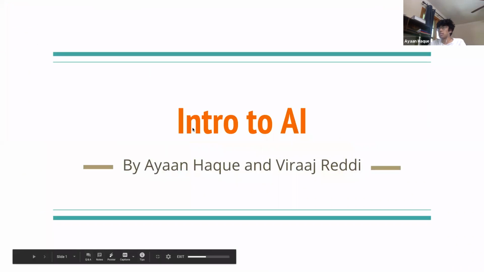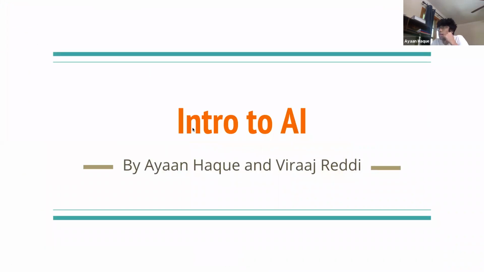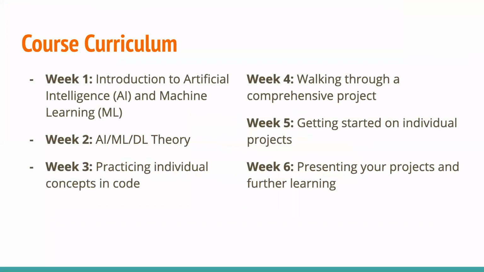Okay. So yeah, this is the intro to AI and ML class. So basically, for the course curriculum, it's going to be 6 weeks, and we might adjust it at the end depending on how much we're getting through. We've never done this class before, so we're not sure exactly how it's going to go. But the first 3 weeks should be exactly how this is. By the end we might change up what we're going to do.